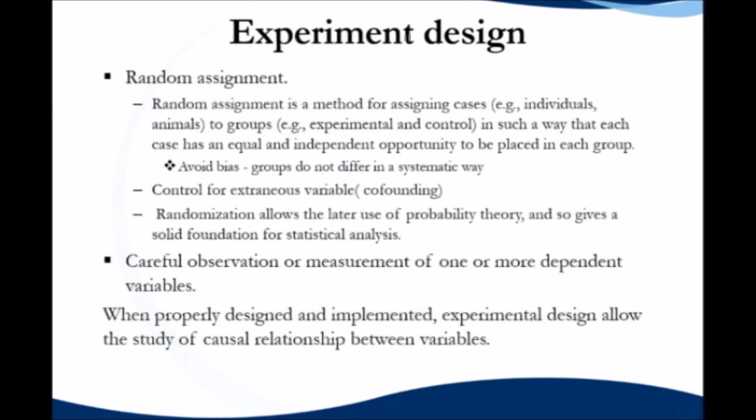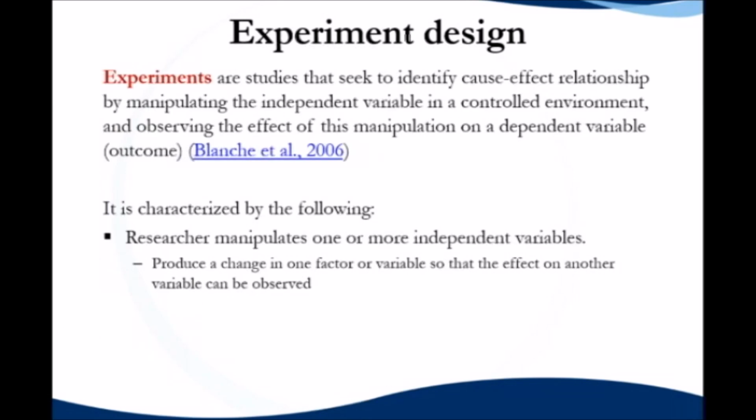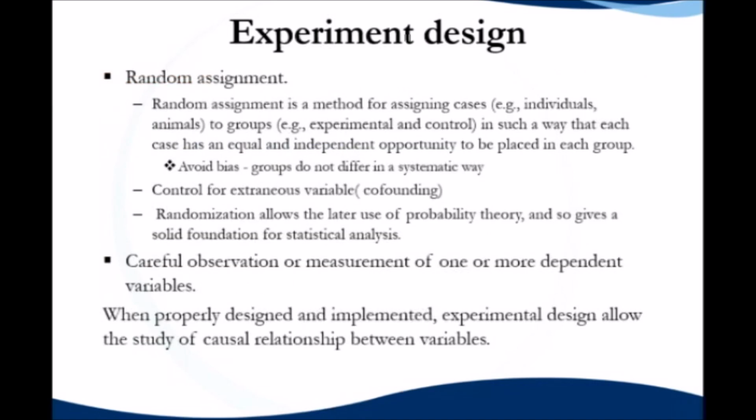So one of the attributes of an experimental design, the first one is there has to be a manipulation of the independent variable, one or more independent variables. The second one is there has to be random assignment. So in the example that I gave, where I'm talking about, for example, treatment, we want to see what happens to your blood pressure when we give you this treatment as opposed to a standard treatment. Let's say there is a new treatment that we want to look at to see how it affects your blood